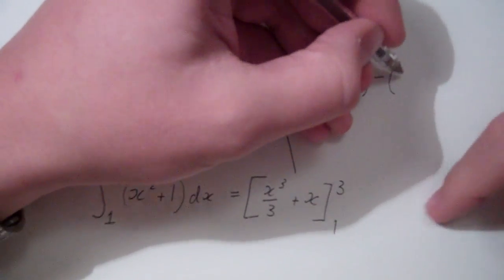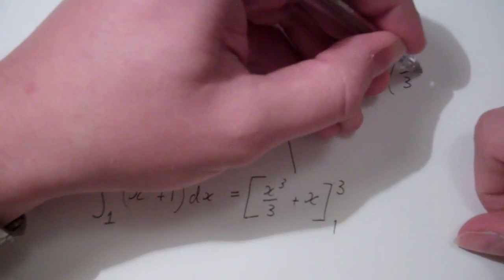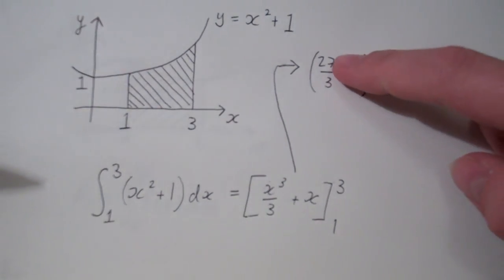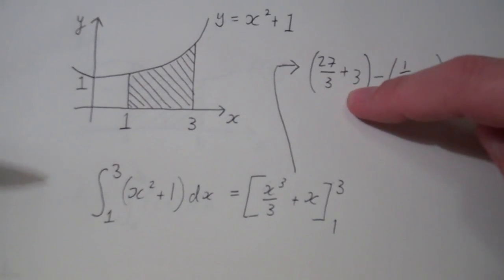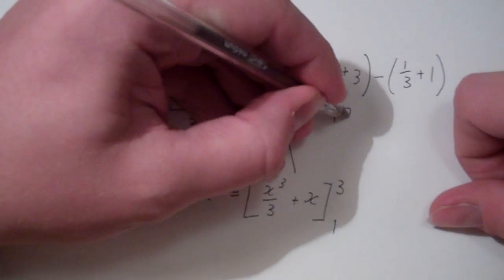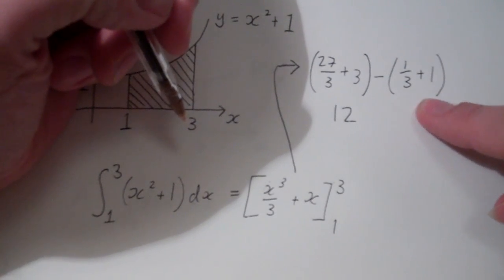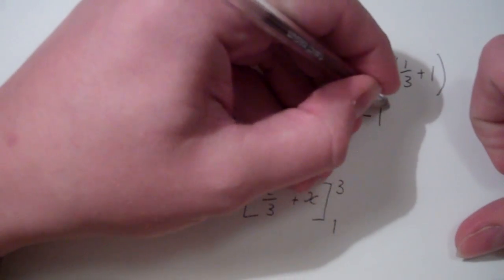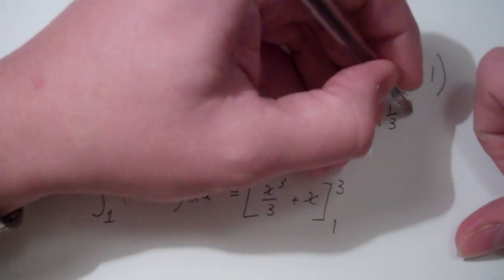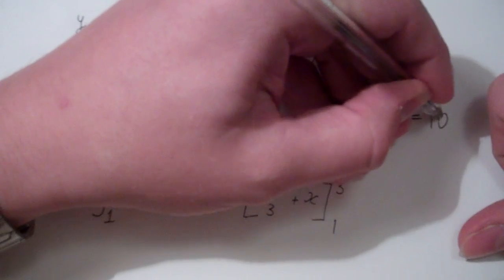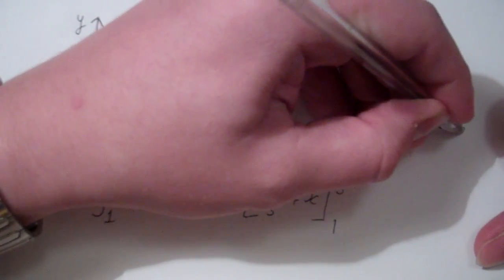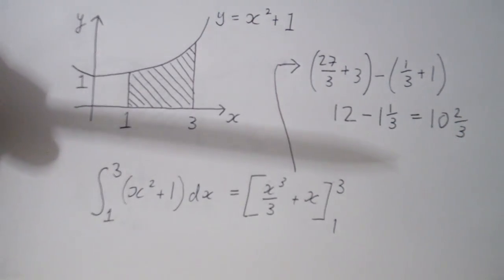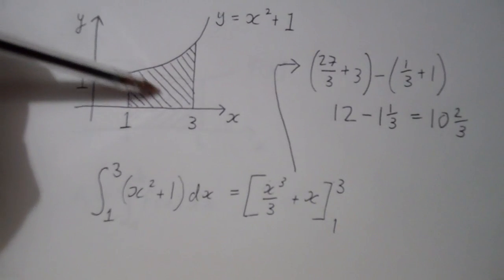1 cubed is 1, so that's 1 over 3 plus 1. 27 over 3, that's not too bad, that's 9, plus 3 is 12, 12 minus 1 and a third, so minus 1 and a third, so that's going to give us 10 and 2 thirds. So that 10 and 2/3 is the area of this bit of the graph here, this bit underneath the